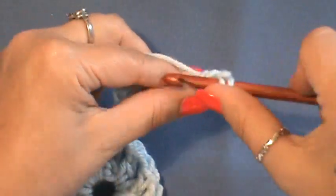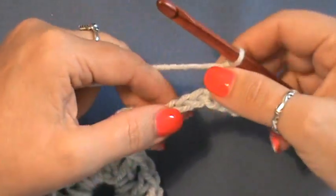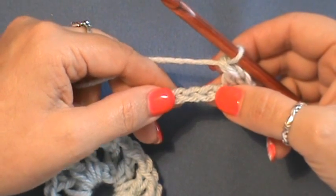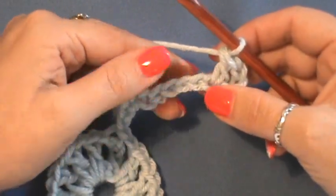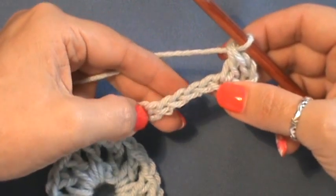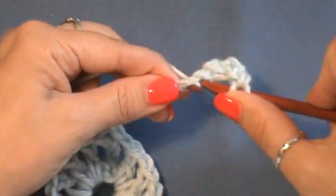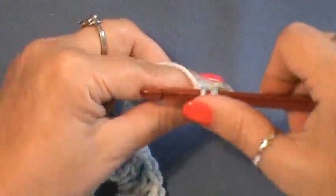Okay, now once we do that, we want to then work 12 double crochet over the next 6 chains. So the next 6 chains here will get 2 double crochet each to give you a total of 12. So 1,